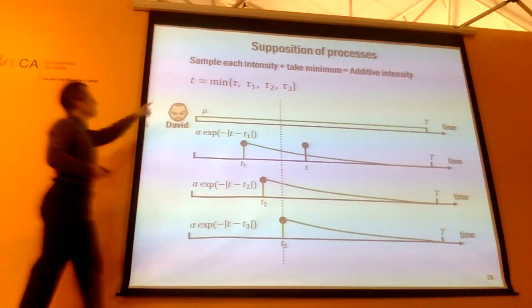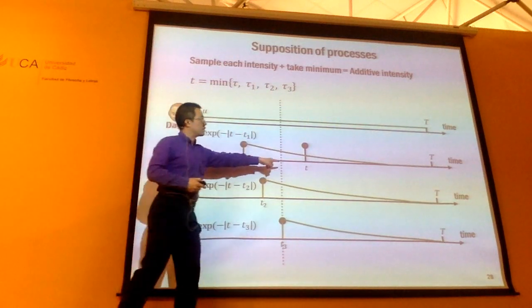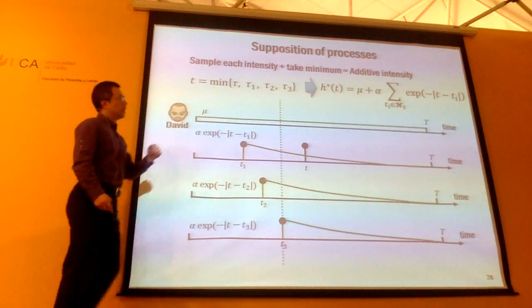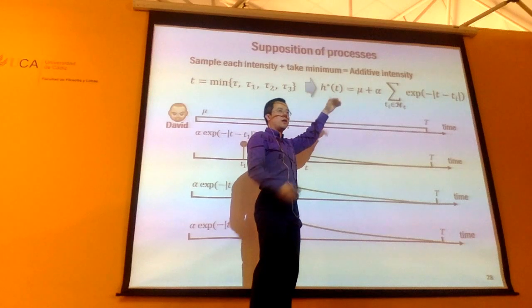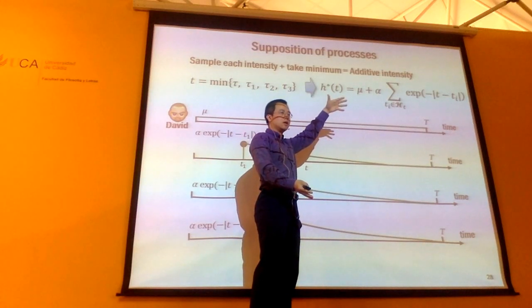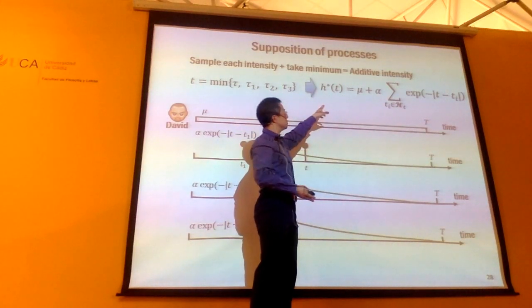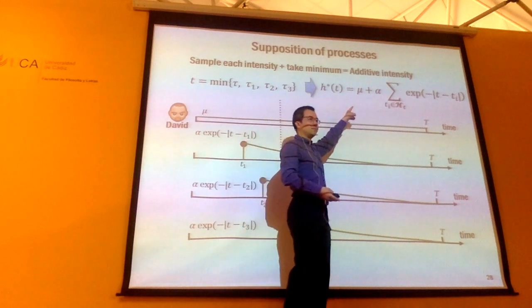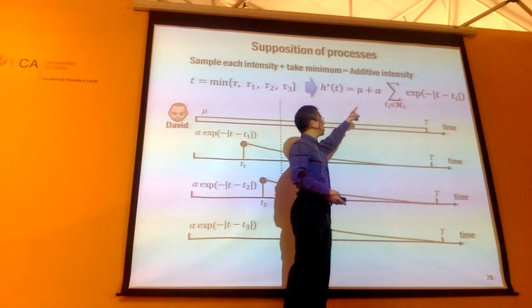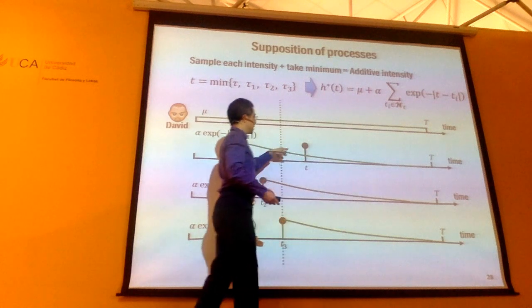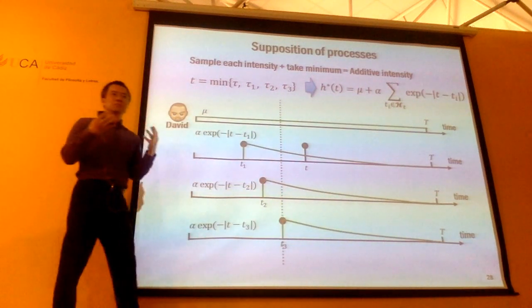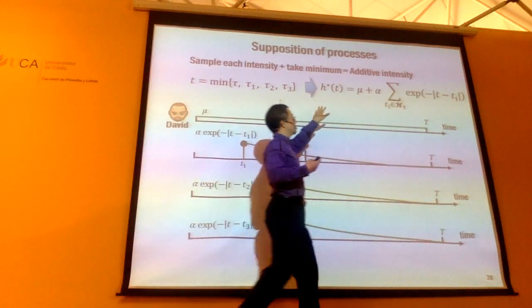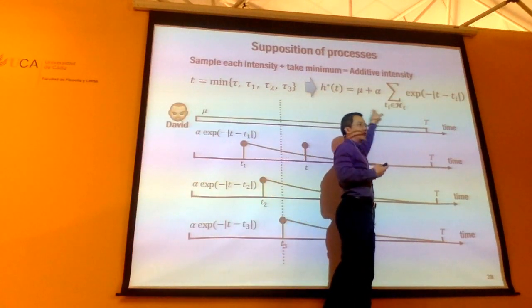So if you do this, the time point t you generate is going to follow a process essentially like that. Okay? The intensity of this two-stage procedure, first sampling from each one and then taking the minimum, is going to correspond to an intensity like this. You just sum together these intensity functions: mu, and each of the exponential terms. Okay? So every time you design some kind of intensity function which has an additive form, it's going to be a sum of a bunch of terms.